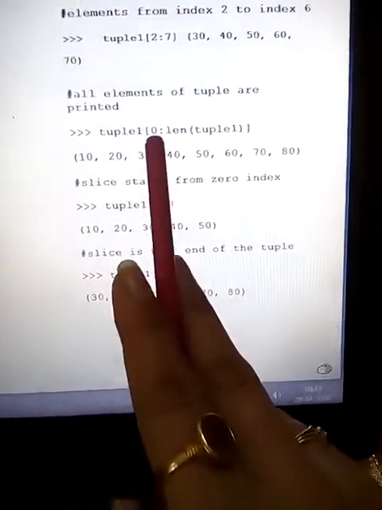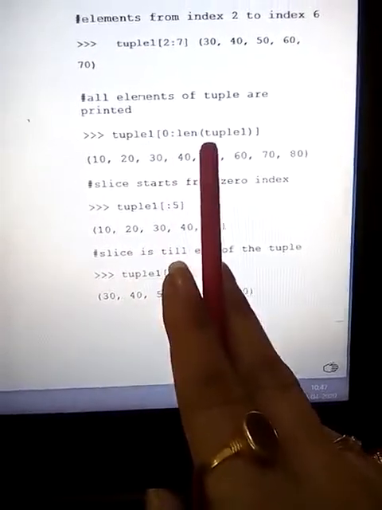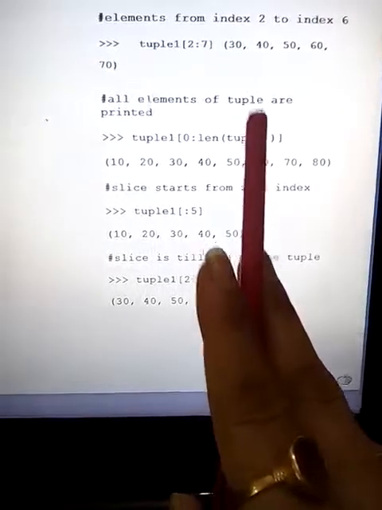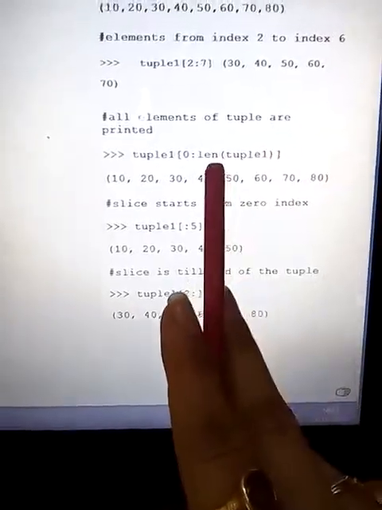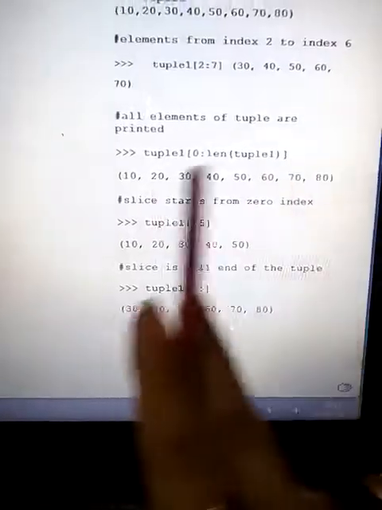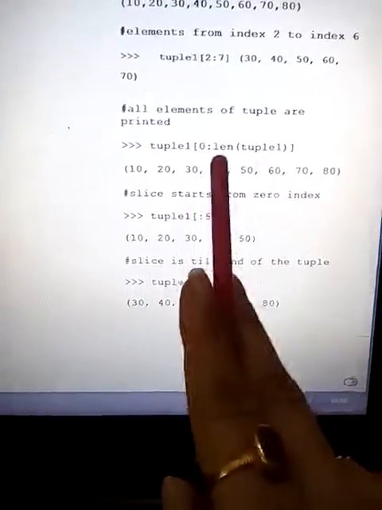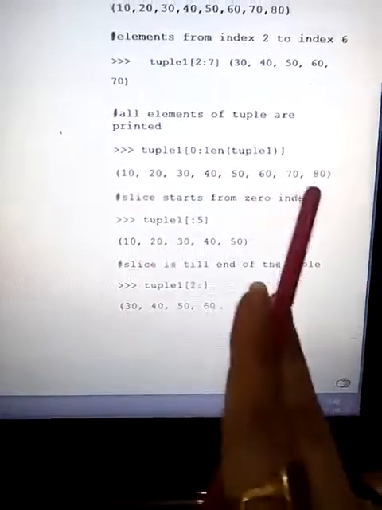Now the next examples are in this same way. We are using the starting index as 0 and the last index as the length of the tuple. Length of tuple 1 gives the number of elements, how many elements there are. So by default it will take all these elements, because we are passing 0 to the full length of the tuple. So 10 to 80 would be printed.